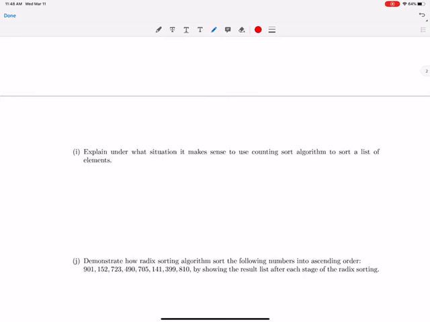Explain under what situation it makes sense to use the counting sort algorithm to sort a list of elements. So the answer is, one, the list contain